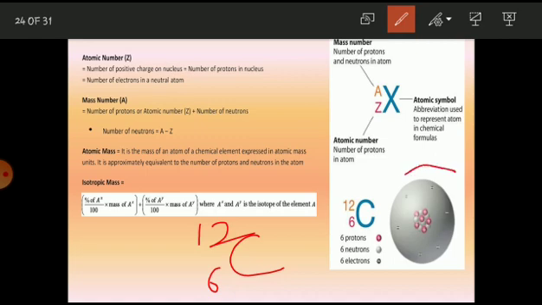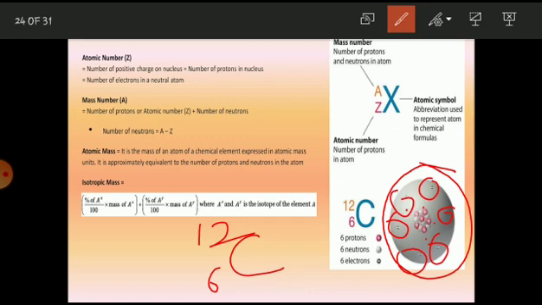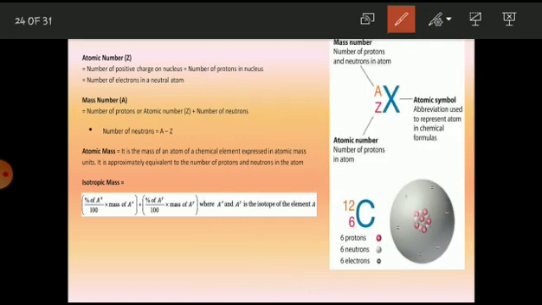So you can see here, this is an atom where 6 protons are present, right? Just see here, 1 2 3 4 5 6 protons are present, and also 6 neutrons are present, and 6 electrons are revolving around the protons or the nucleus, you can say that. So these are the 6 electrons which are negatively charged. So this is about the atomic number Z, mass number A, atomic mass, and the representation of an element, or you can say atom. Fine.